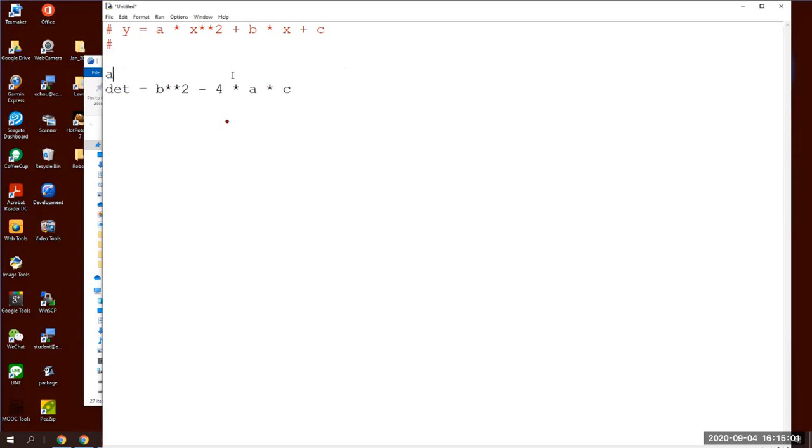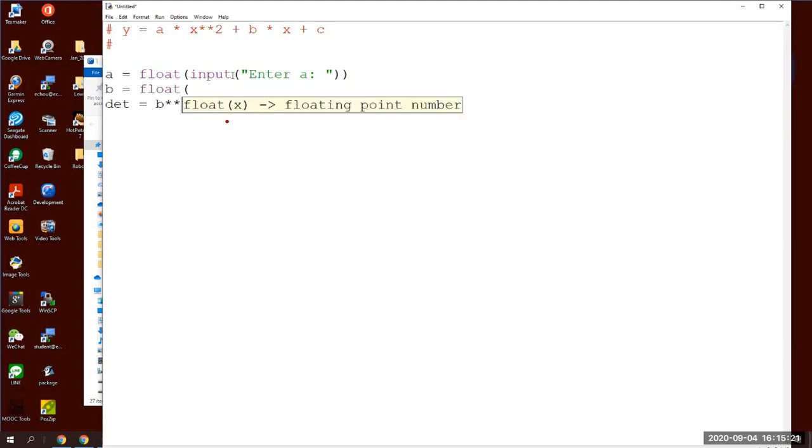We try to do a equals float of input, enter a, the a coefficient. And then b equals float input of